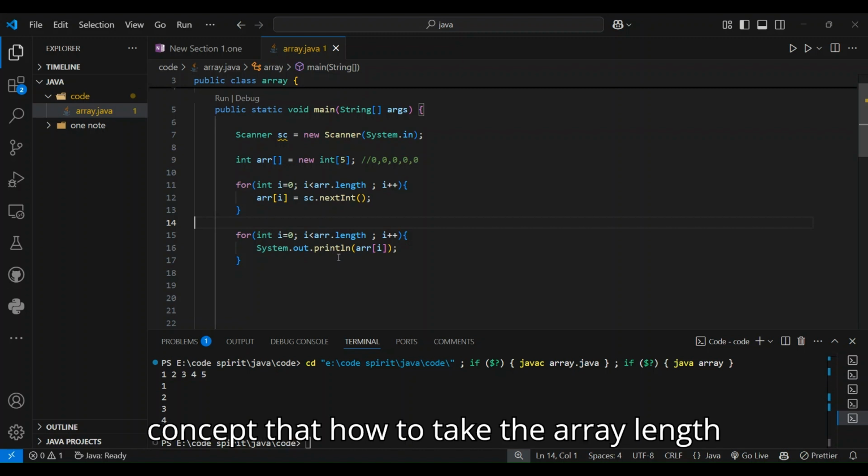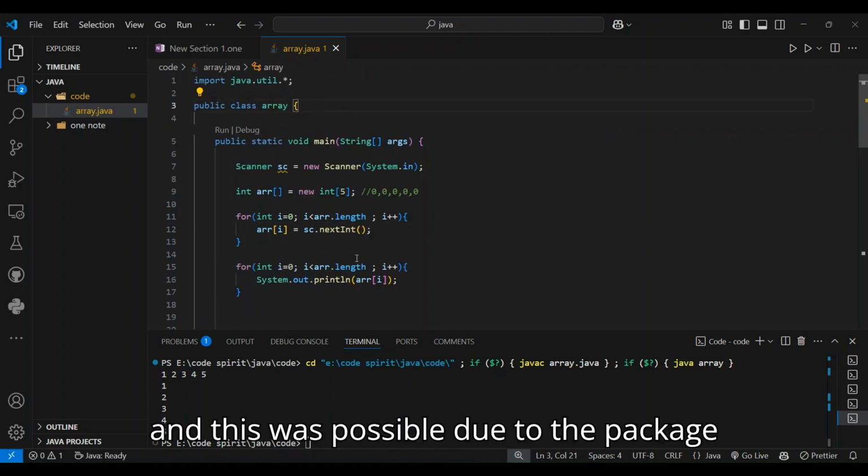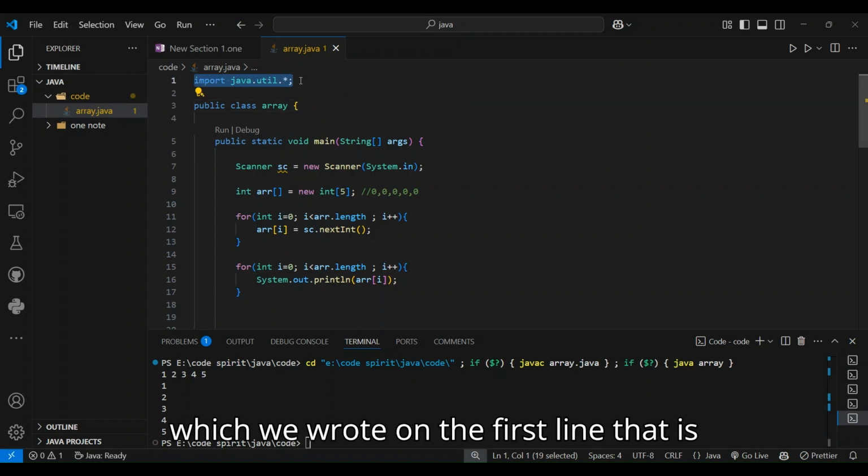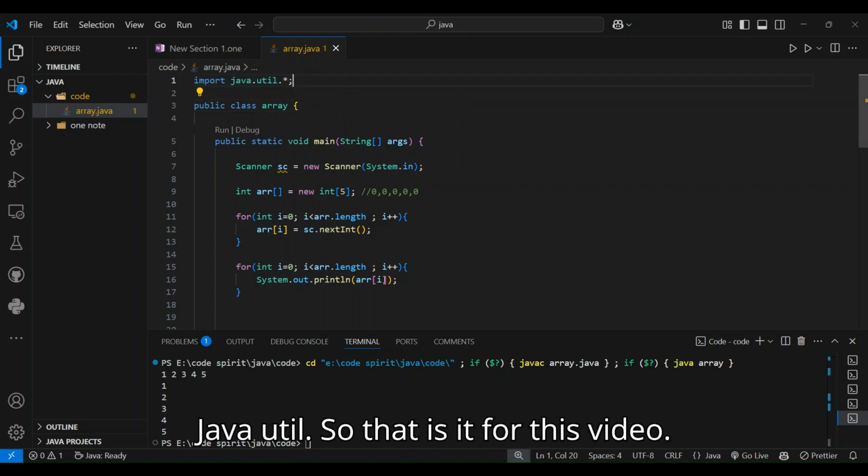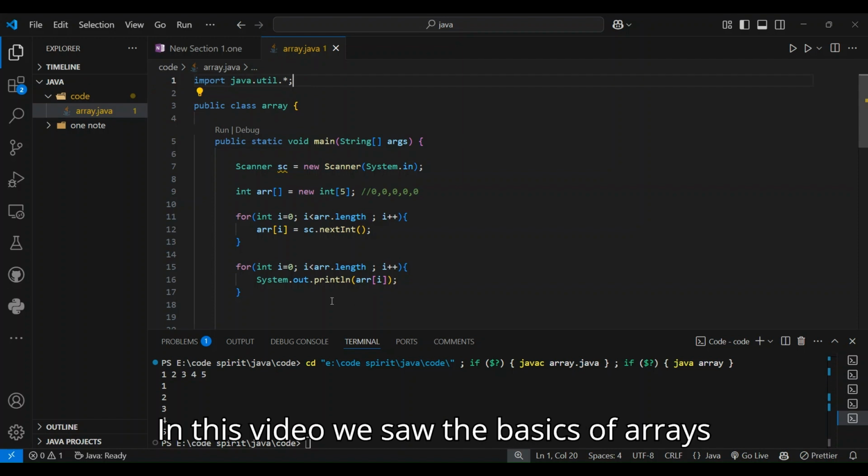Also we saw another concept, that is how to take the array length using the dot length function, and this was possible due to the package which we wrote on the first line, that is java.util. So that is it for this video. In this video, we saw the basics of arrays in Java,